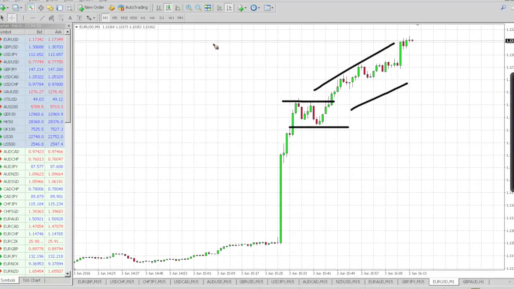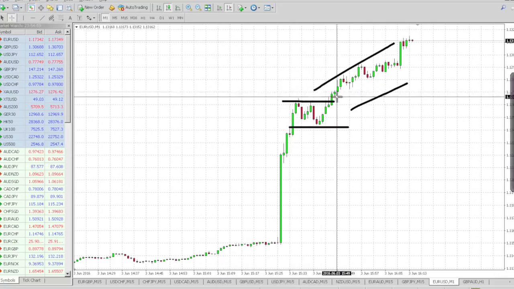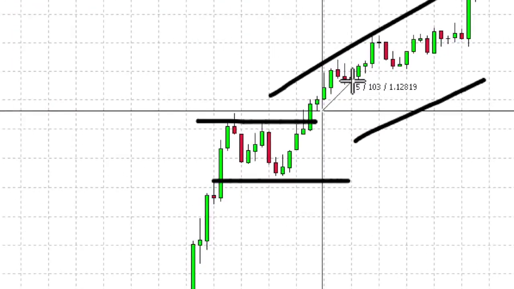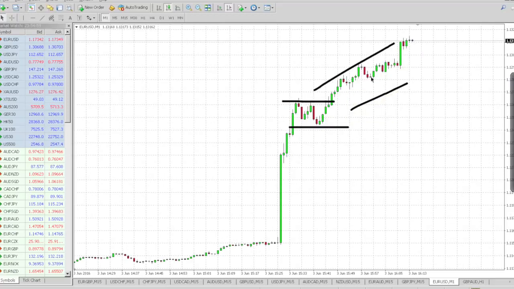So they buy here, and they get maybe 10 pips. I can see 103 in the center, so that's 10 pips. They buy here, they get 10 pips, boom, they're out, they sell. And they get in again, they sell again, they get in again. Really stressful. You can do a lot of trades a day. Not my style. So again, I'm a day trader, and I hope this gives you a better understanding of the different kinds of traders.